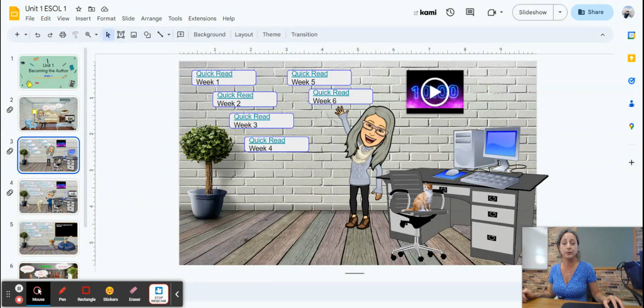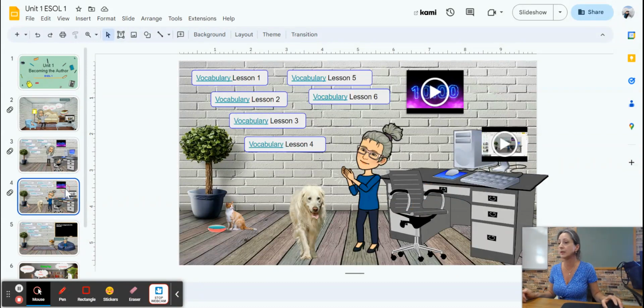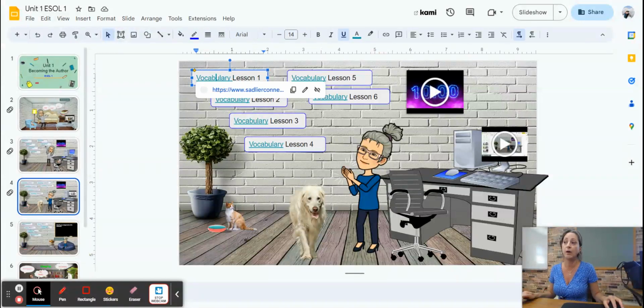So now that we're done with the reading part, you are going to slide number 4. This is where you will have your vocabulary. You will work on vocabulary every single day, and you will be taking a quiz on that vocabulary at the end of the week. Again, you will click on the word vocabulary. It's going to give you a link. You're going to click on the link. You're going to go to